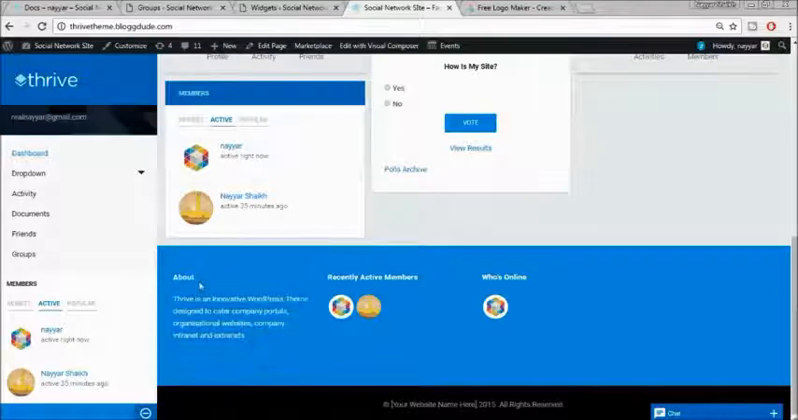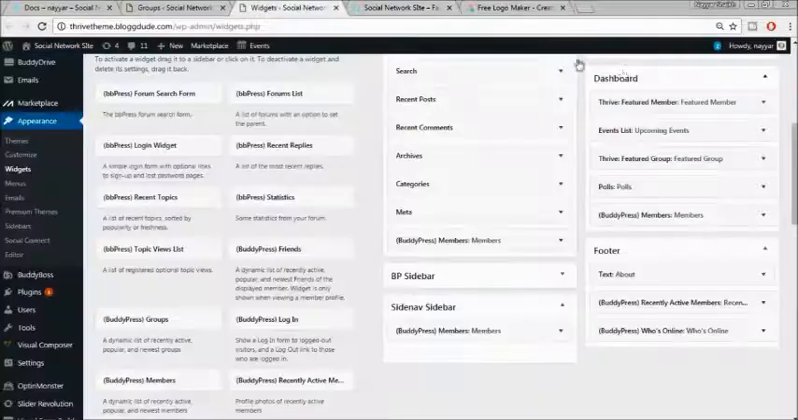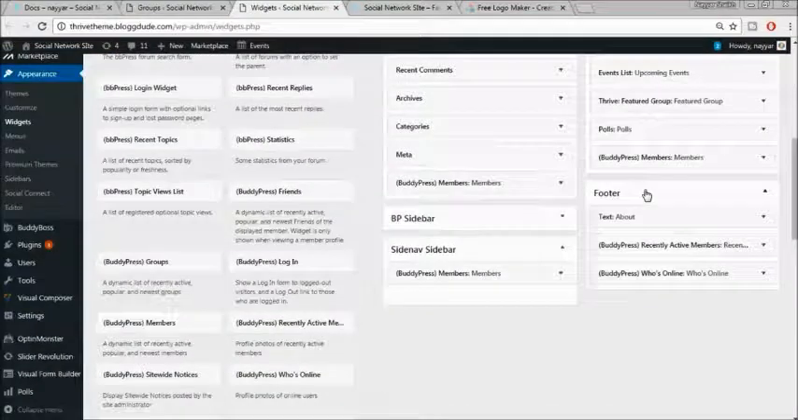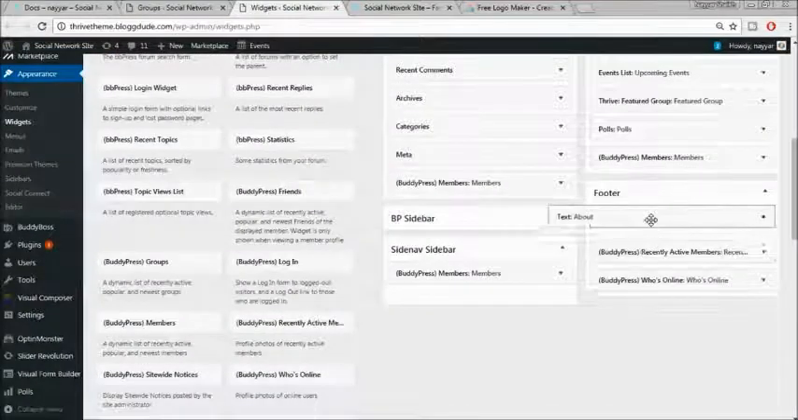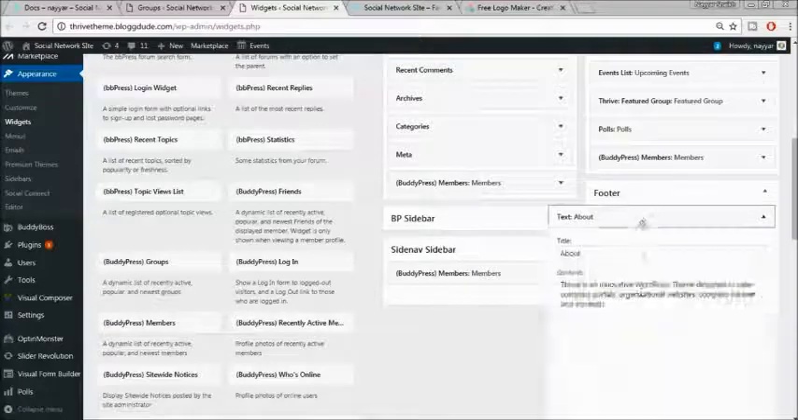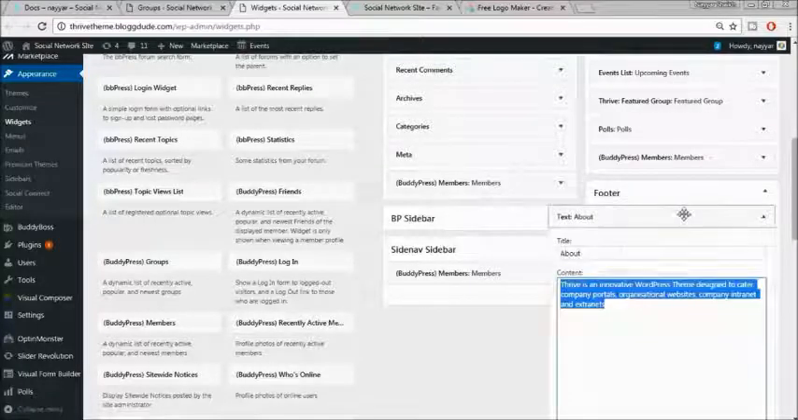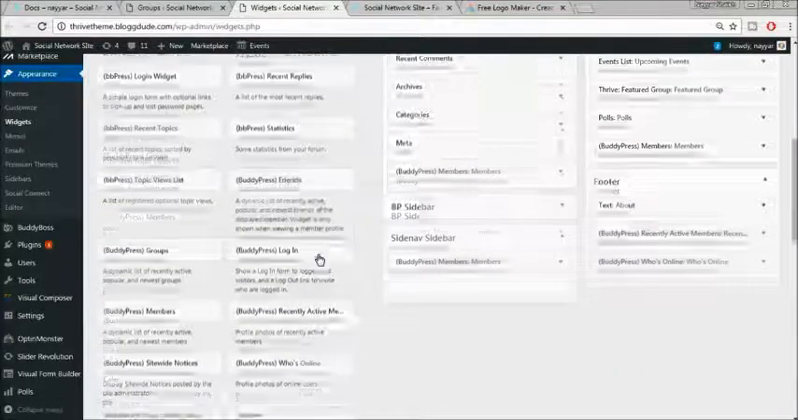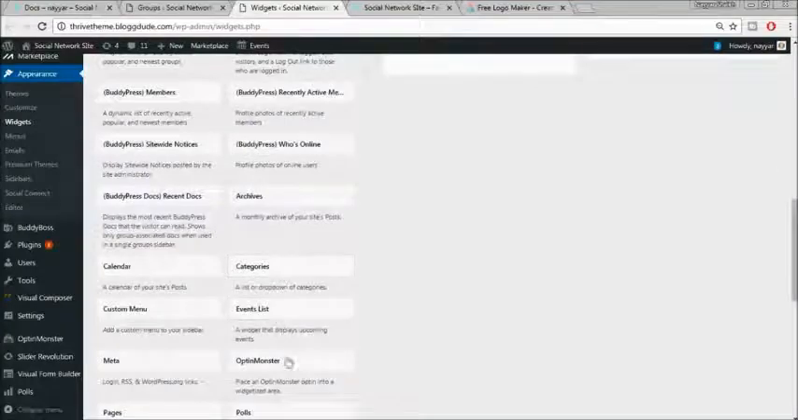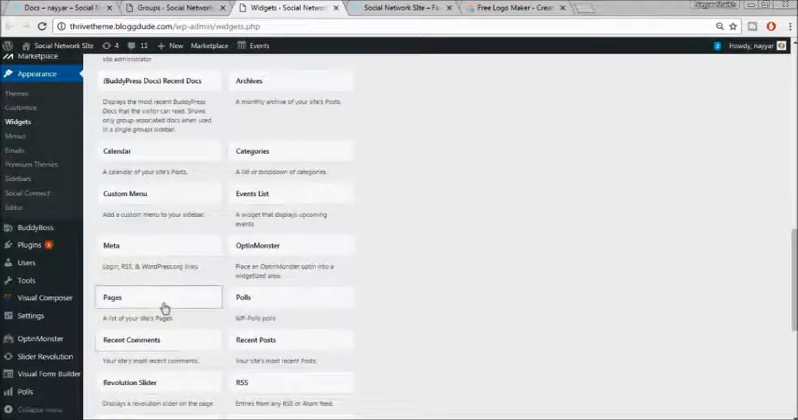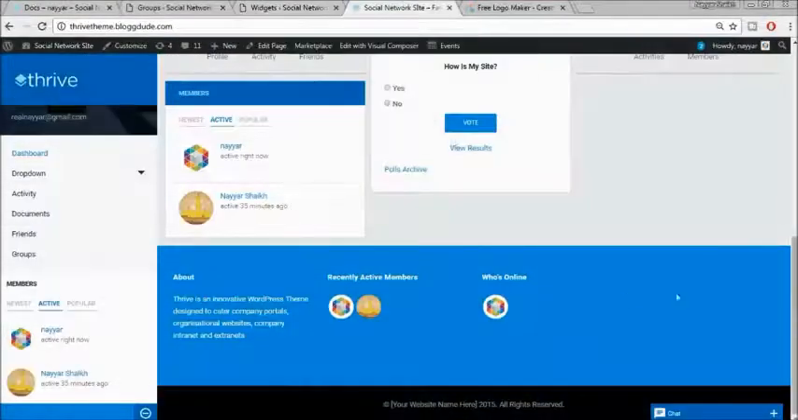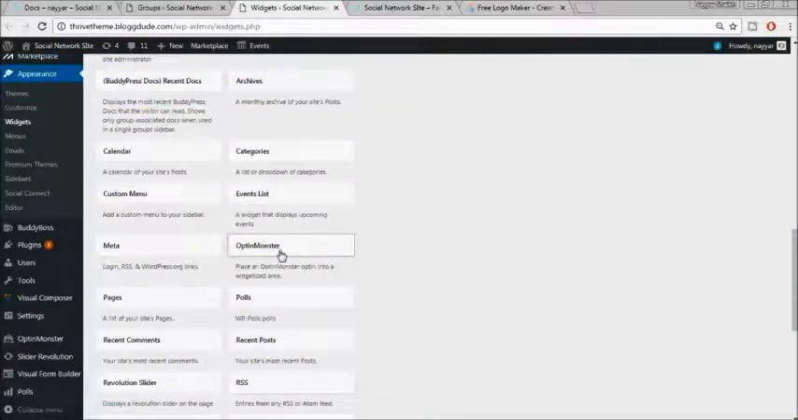As you can see, this is all a widget, a text widget, recent active members, who's online. So again, come back to the widgets, and under footer, as you can see, there are three things: about, and so on. You can change your about text if you want, or if you want you can delete this thing. If you want to add some different widgets, for example, categories, polls, recent comments, pages in your footer over here, you can add that thing